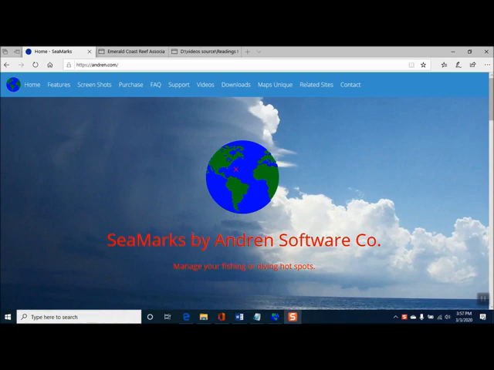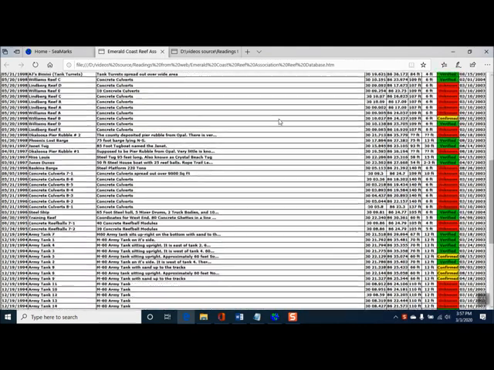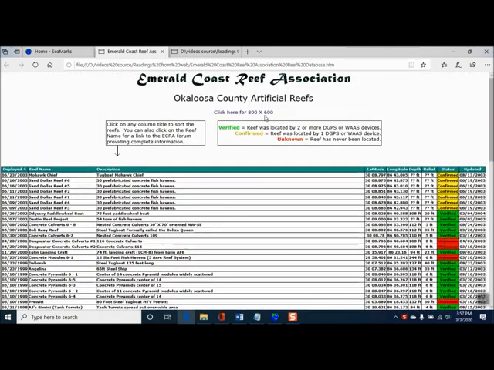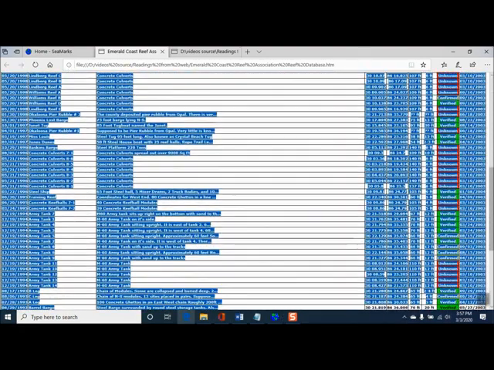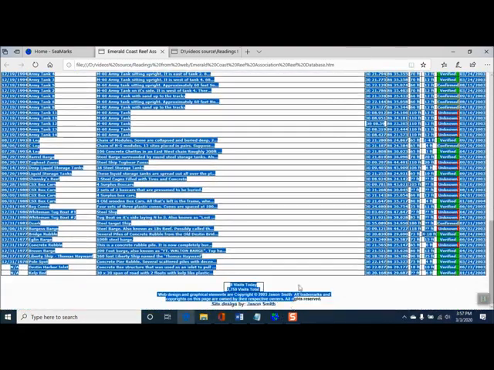So we're going to go to the internet and find the Emerald Coast Reef Association. They have this very nice website which has all kinds of information in it, and the Emerald Coast being Okaloosa County, Florida. So first thing we want to do is capture all of the data, but just the data itself